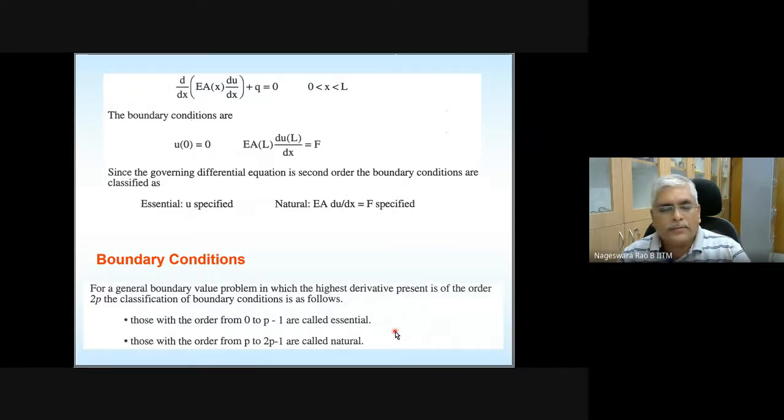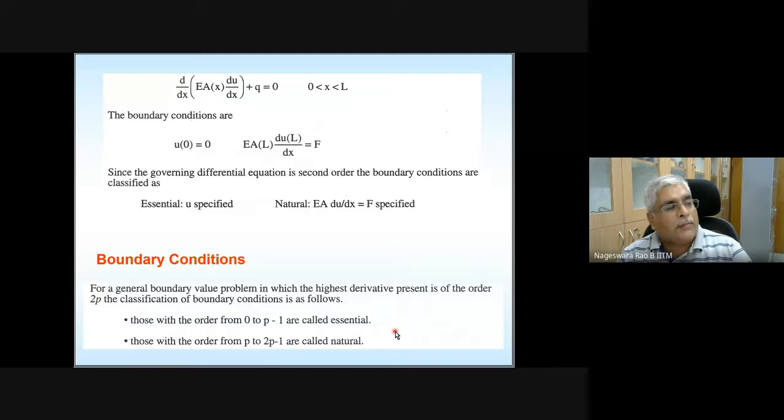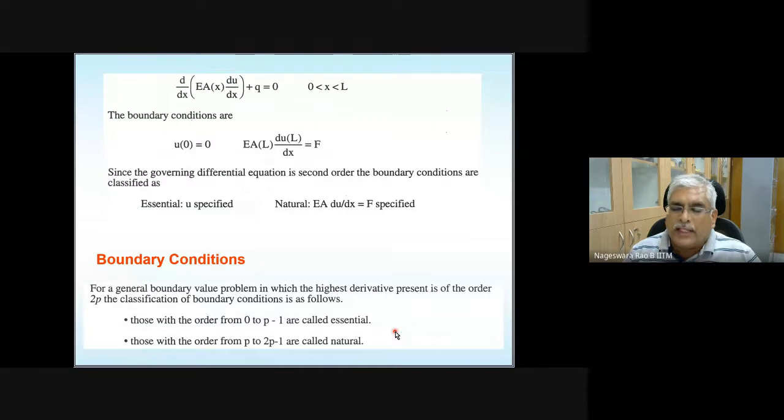Any questions? Sir, one question, sir. So what if the order of the differential equation is an odd number? That's what I'm waiting for, and actually it's not going to happen for mechanics problems, especially whatever you encounter in civil engineering or mechanics based branches. Always, whatever equation you are going to solve is going to end up having an even order.